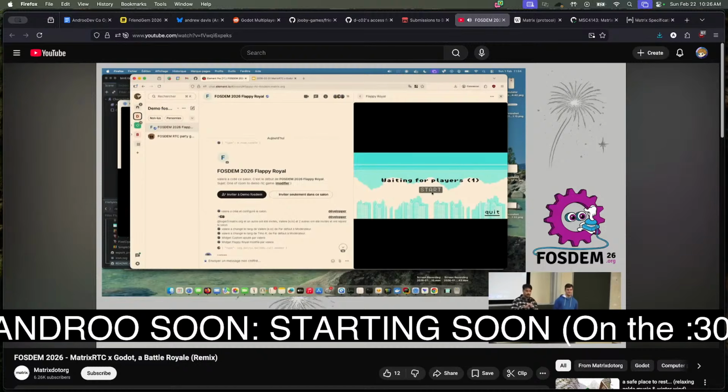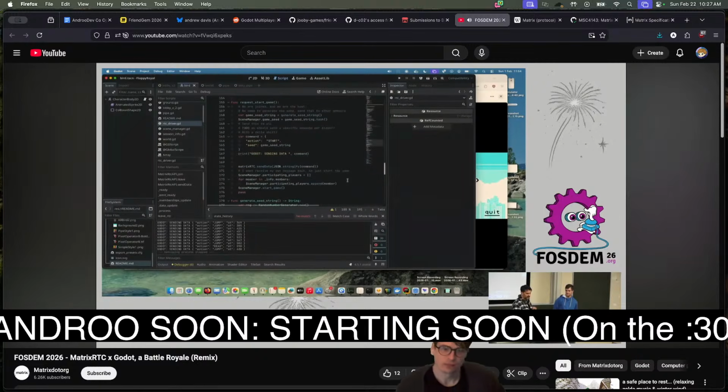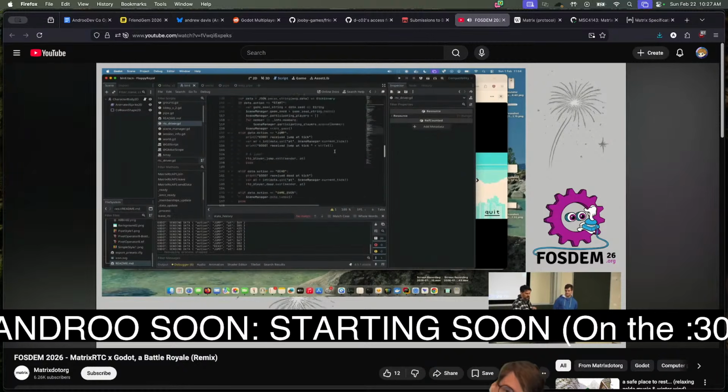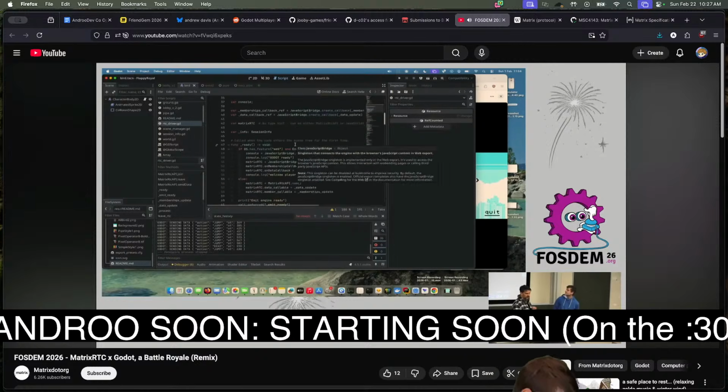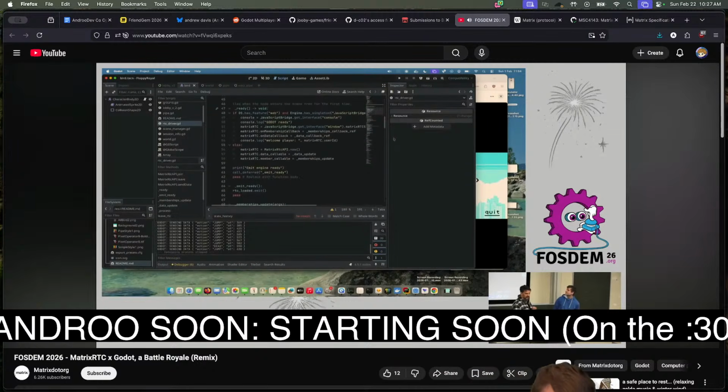I'll repeat the question. Basically, if you want to do a game using something other than Godot, another language, you just have to have that sort of bridge. As we say in Godot, it's quite easy. They have a JavaScript bridge. It just allows me to get a